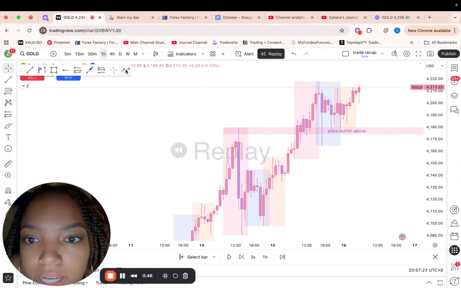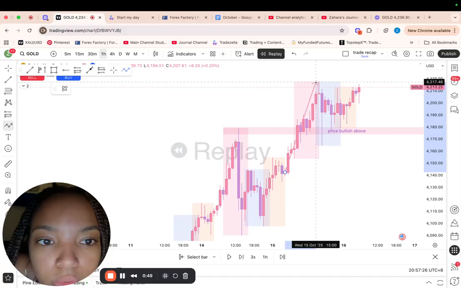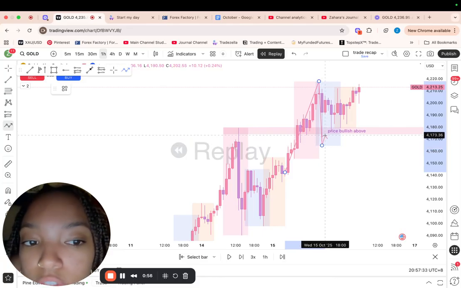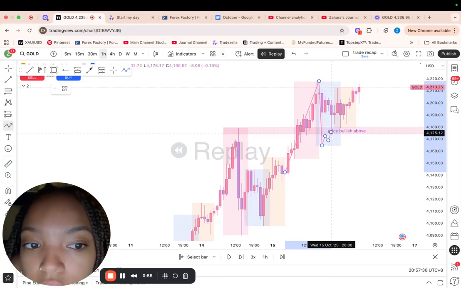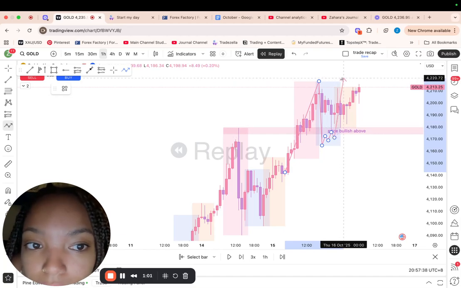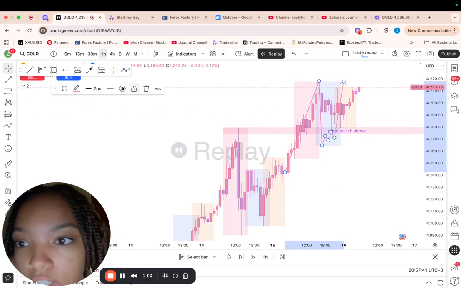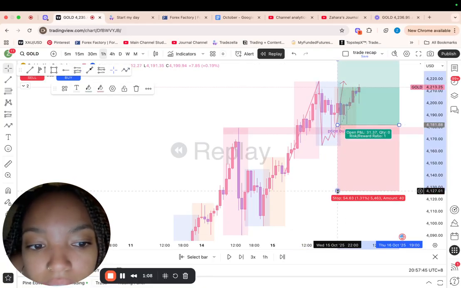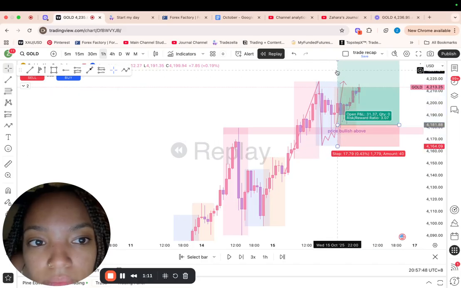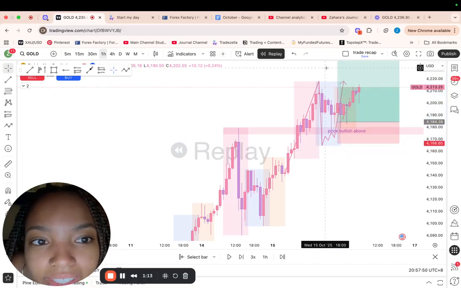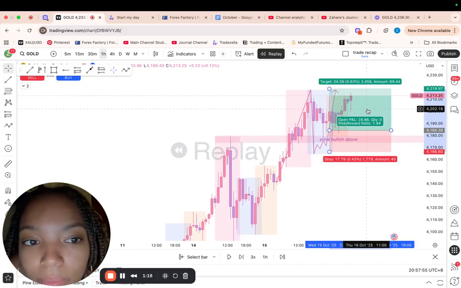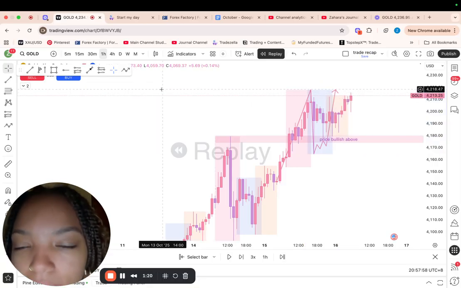So we could see that price made an indication above this level in the morning in Asia session, and then retraced underneath this level in London session. And this is the setup that I like to see. But usually what I like to see is some bullish structure before price re-enters above this level and chases price to the indication. So usually I like to see price get back above this level, enter here, stop loss here, take profit here, and that's usually how I like to have my setups.